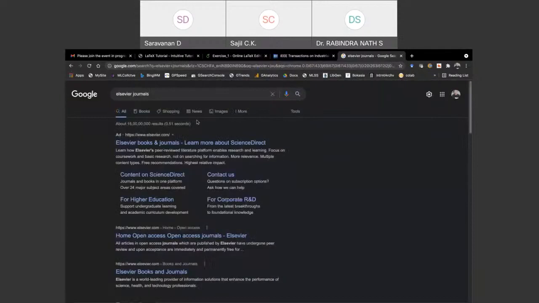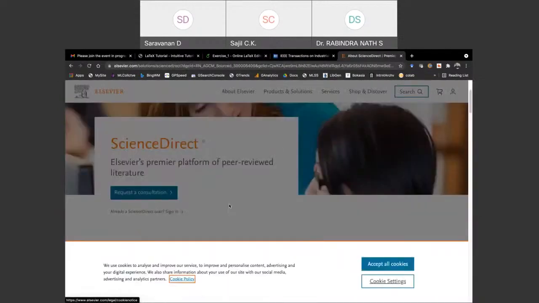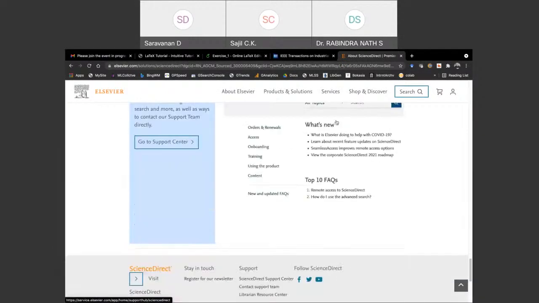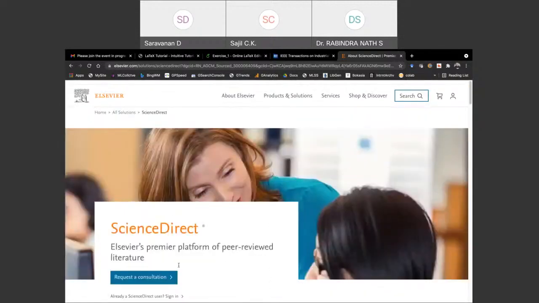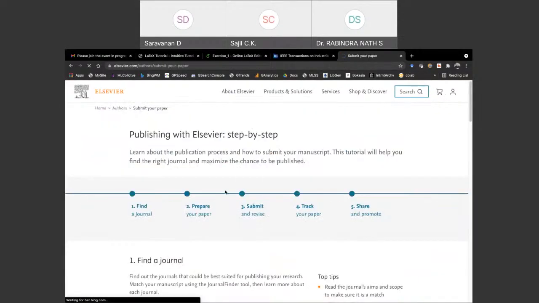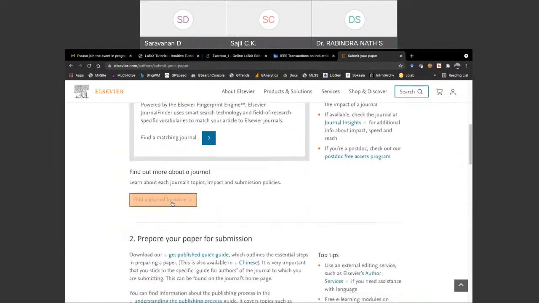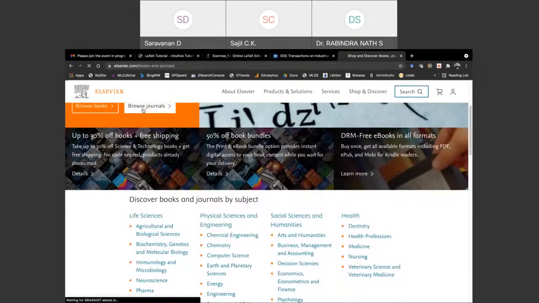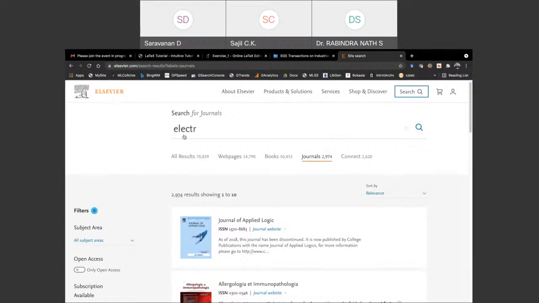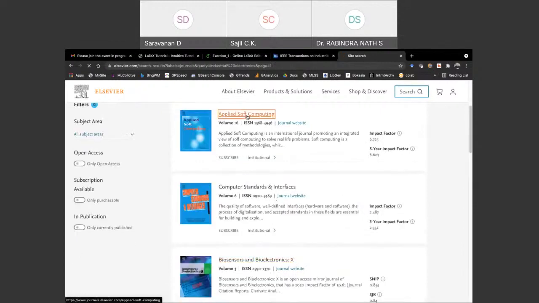Okay, let me take any journal. There is an option to download the LaTeX. Let me take Applied Soft Computing as an example.